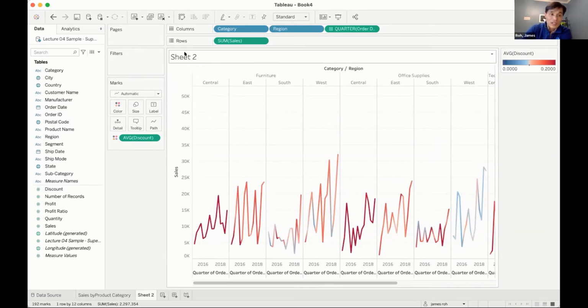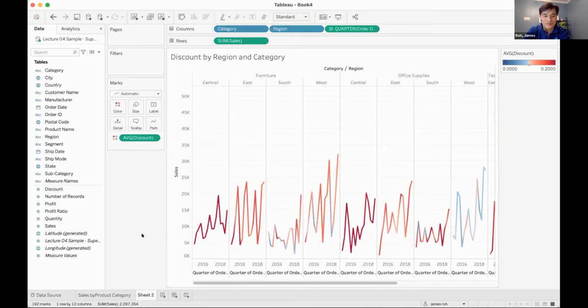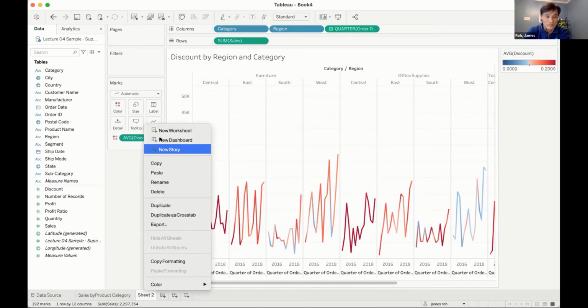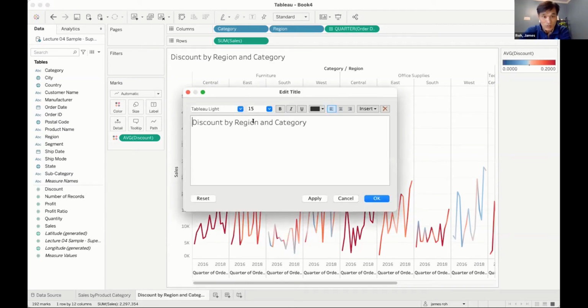So I'm going to name sheet 2. I'm going to say discount by region and product. Right, so discount by region and category. Discount by region. And you can go there and then